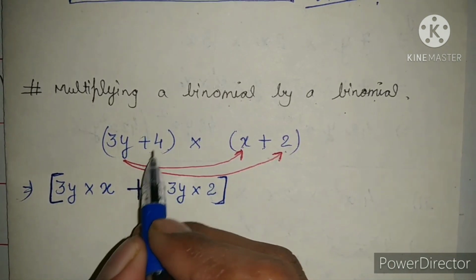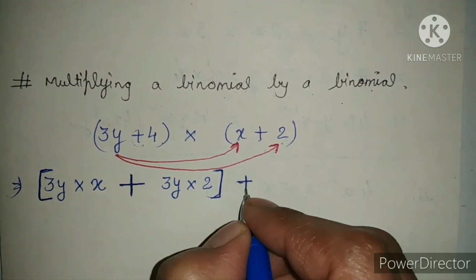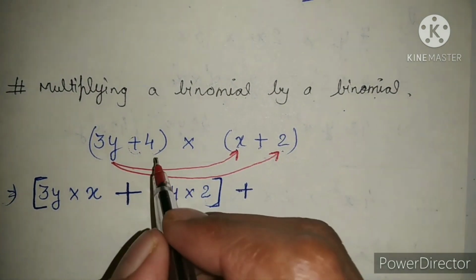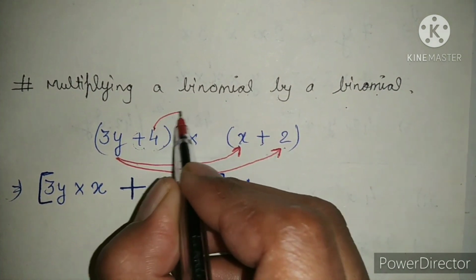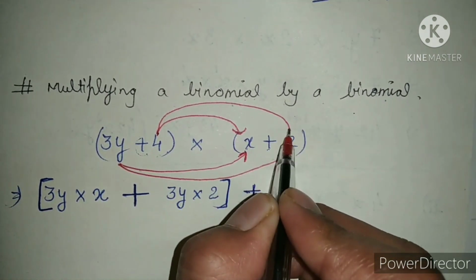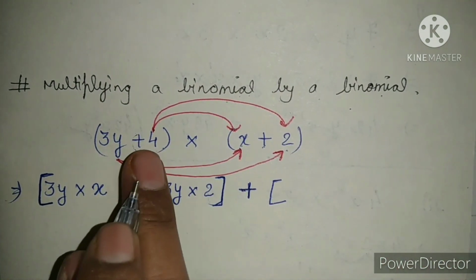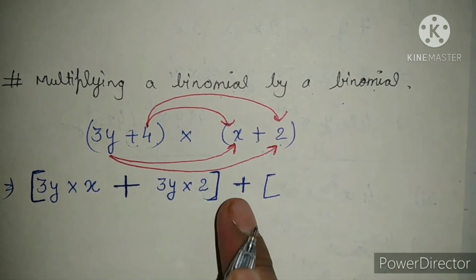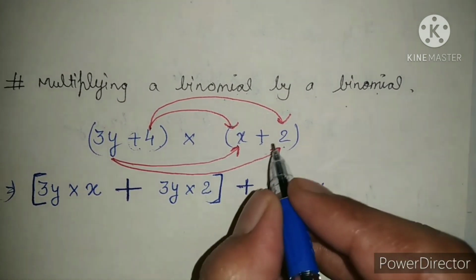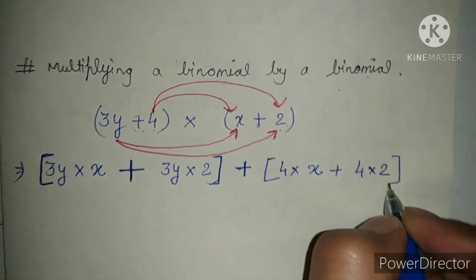Now what is the symbol in the first bracket? Here, so it will come here because now we are going for the second one. For the second one, 4 will go firstly near to x, and after that 4 will go near to 2. So we are coming on the second term, that's why this plus. So 4 is multiplying by x, plus 4 is multiplying by 2.